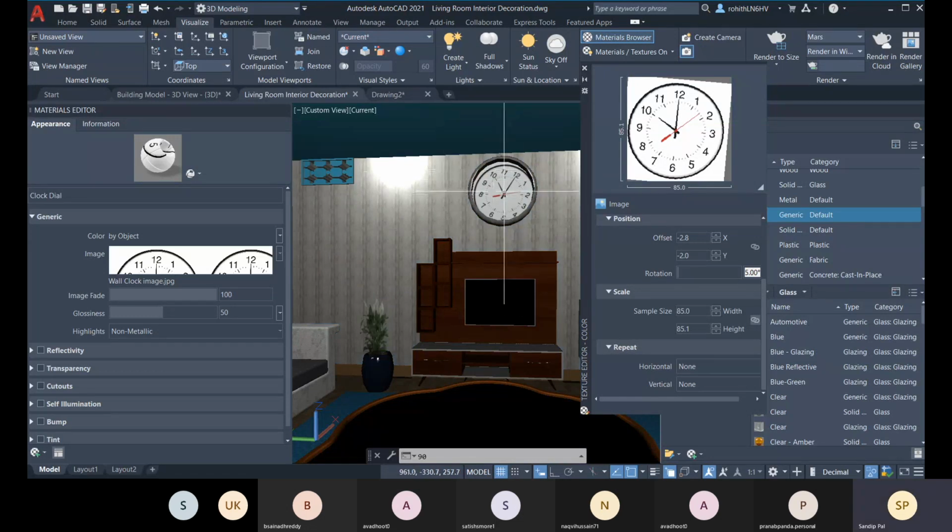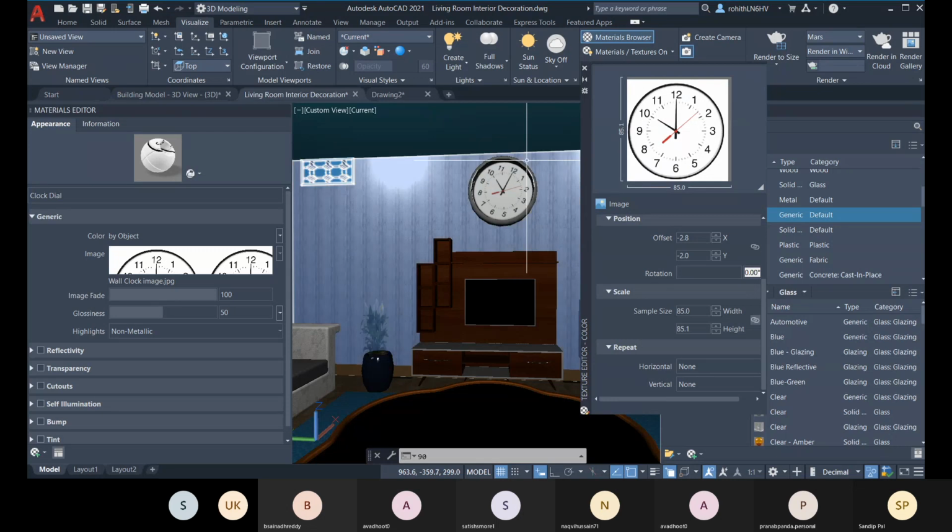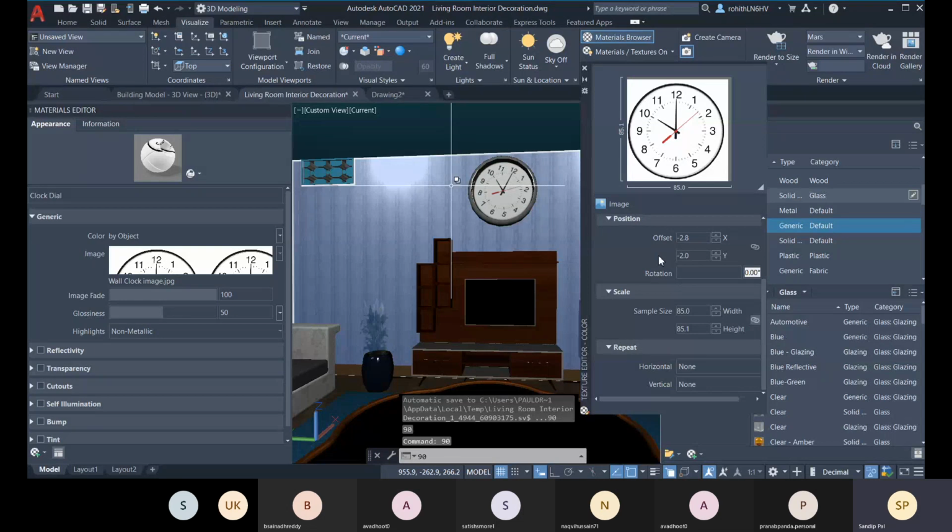So it will rotate like this. And then you have to again go for this offset, and then you have to fix the position. Okay, sir. For creating your materials, you have to do lots of work.